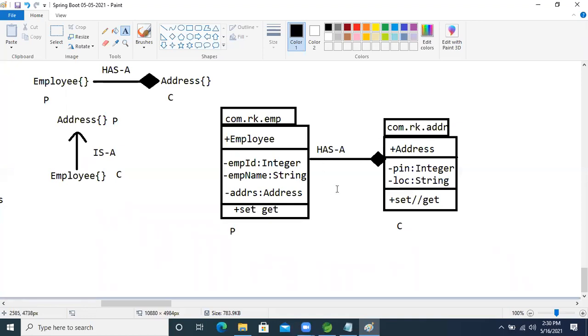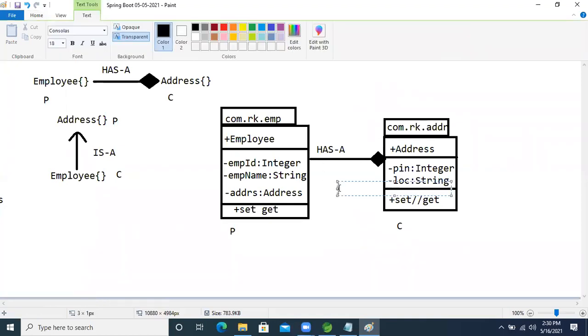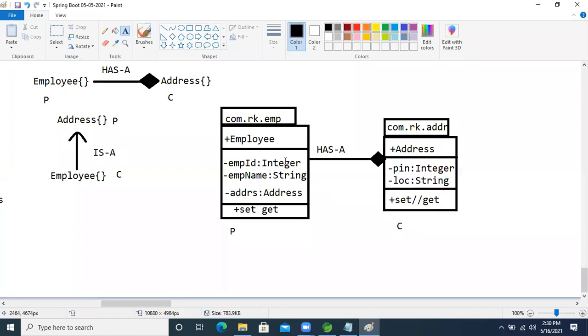Okay, so just think about that. Ravikant, you are explaining a has-a relation, association. So how will we write the property file to inject the data? To inject the data means to read the data from the property file into this attribute. This is our main concept, right? The class will be there in the has-a relation association, in the association mapping.